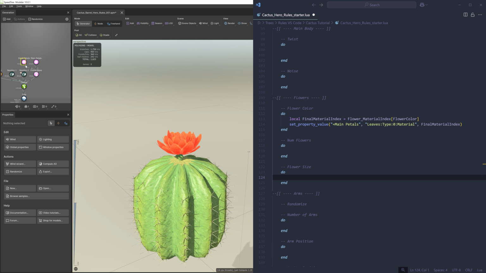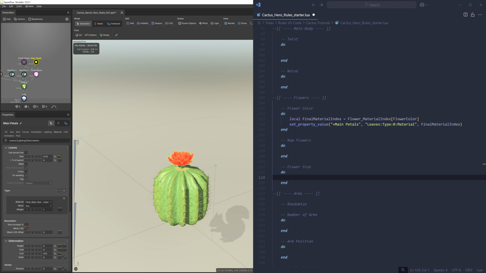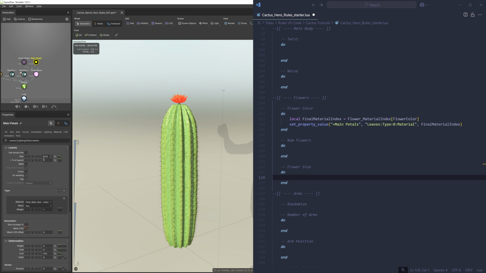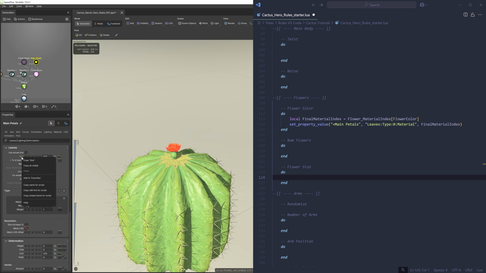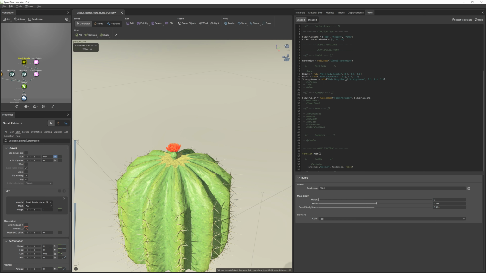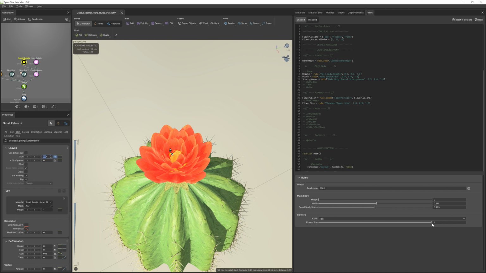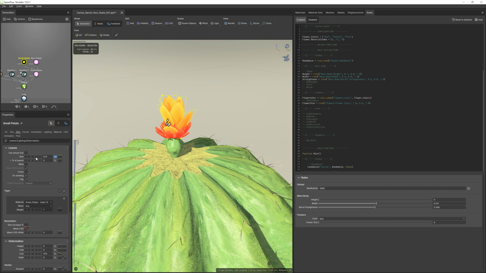first find the min and max size for our main petals. So I think I'll go from maybe 0.12 to 0.45. Then I'll write the set value function for the main petals. Now, when I paste that into the modeler, I can slide the slider to 0 and adjust my small petals to find the appropriate minimum.